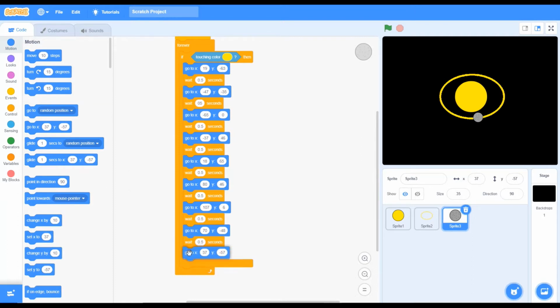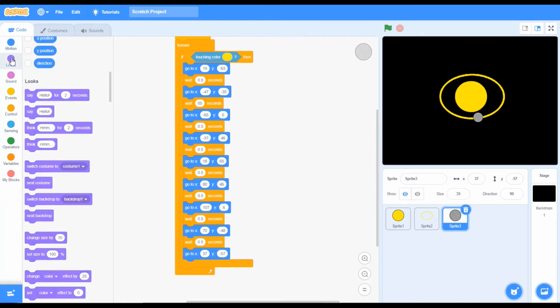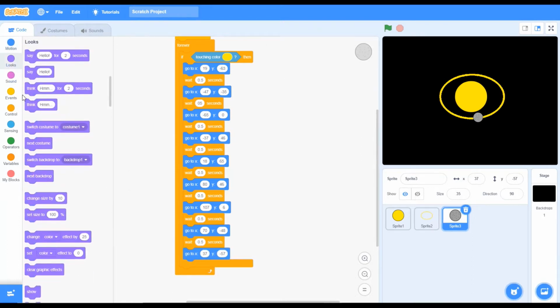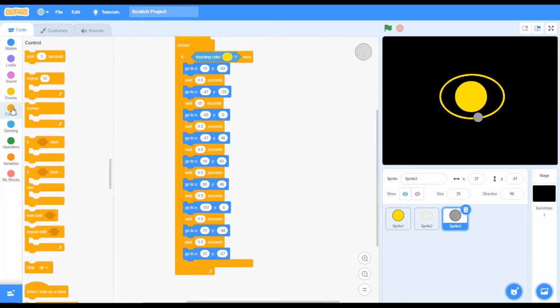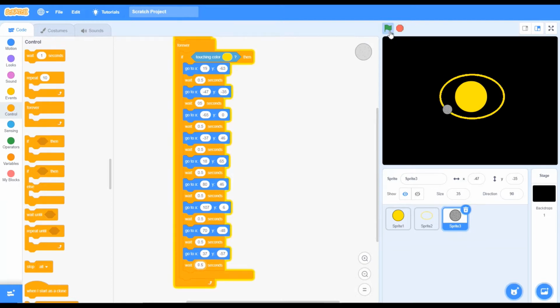X 37. Then again wait for 1 second. If we do not give the forever loop, it will not rotate infinitely, but it will rotate just one time. Then again, as this code ends, this thing will start again. I will show you. See,